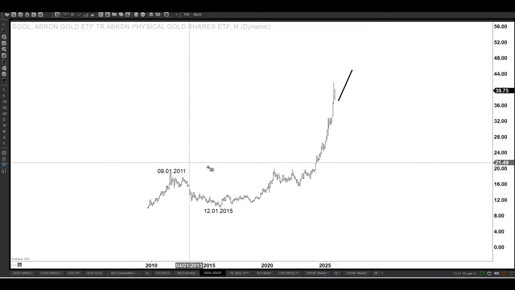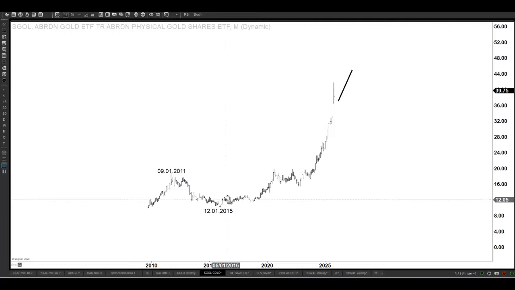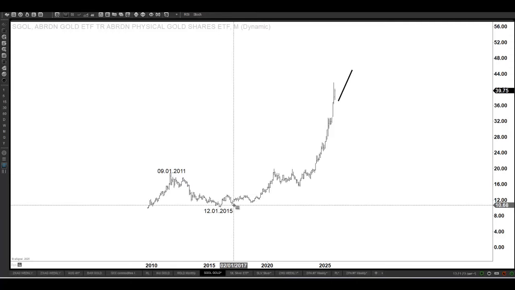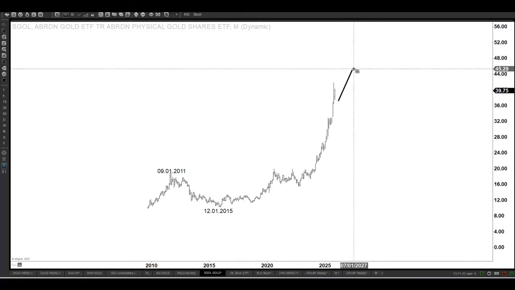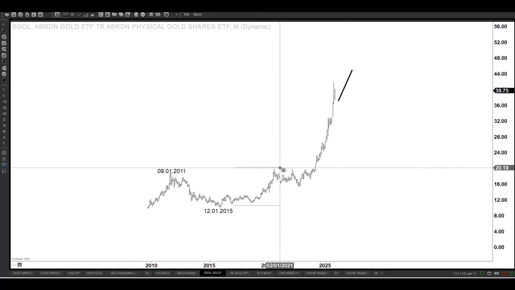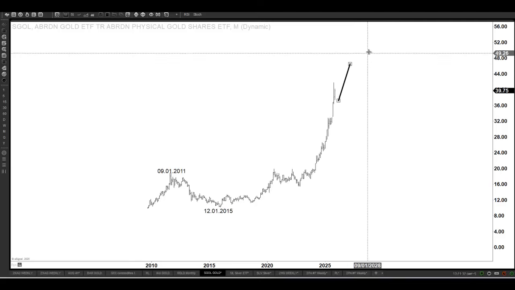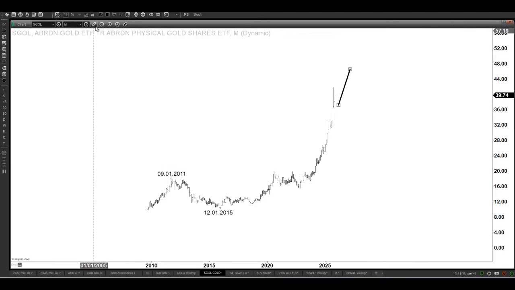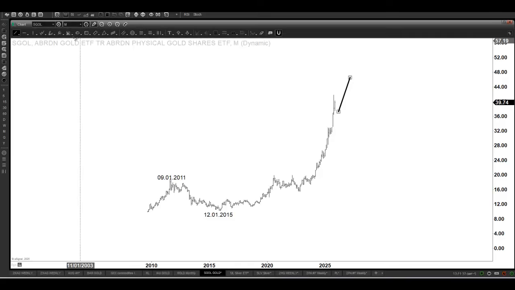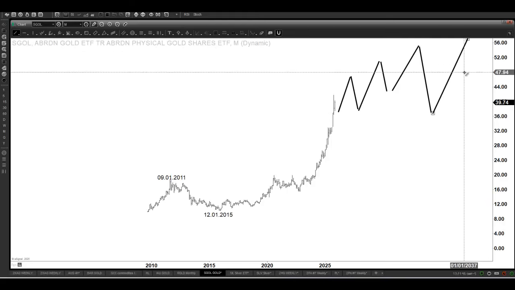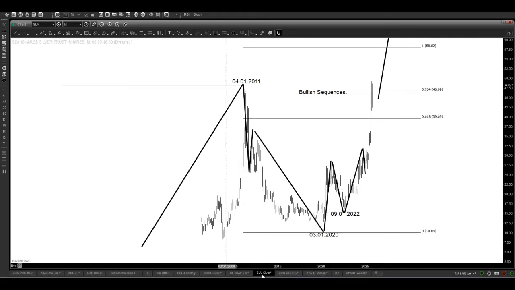But I'm afraid that it also has a nest 1, 2, 1, 2, and higher. Consequently, this ETF is going to keep extending in a series of wave 4s and 5s within wave 3, then do a wave 4 and a wave 5